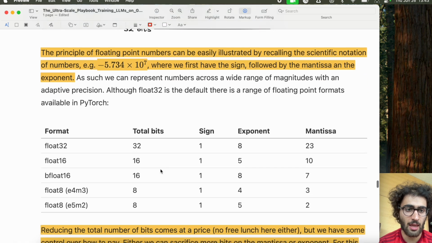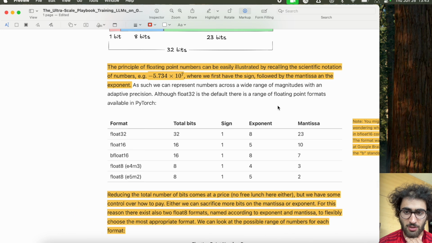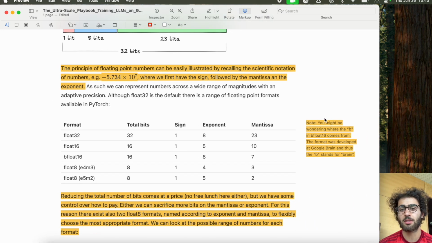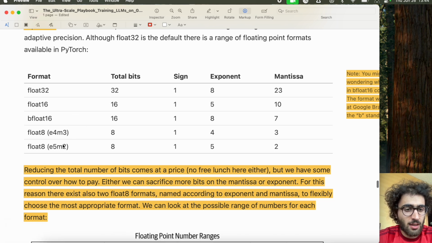So here we also have the different popular formats. Although float32 is the default in PyTorch, there are these other ones. One thing that I learned when going through this is that you may wonder where bfloat16, which is the most popular half precision format, comes from, like the B, and it's actually from Brain. Google Brain made this format, and they just added B to the beginning of the format name. So we have some popular formats here: float16, bfloat16, and then float8 and float8 with different